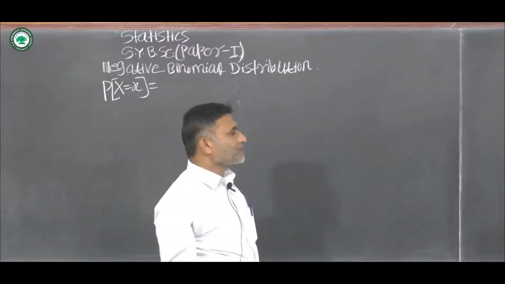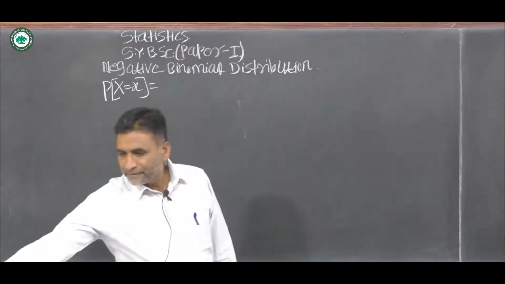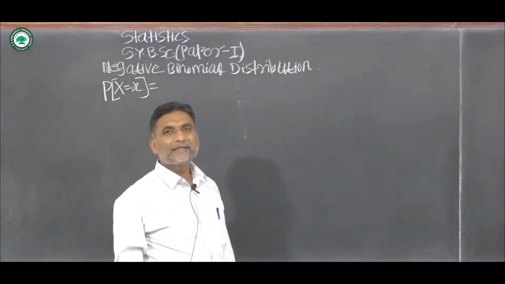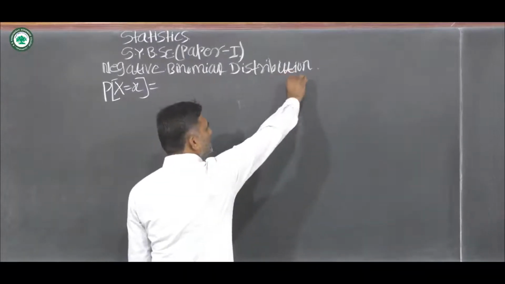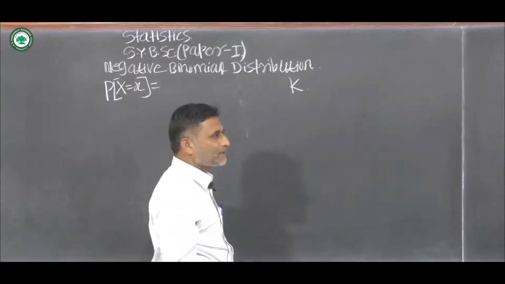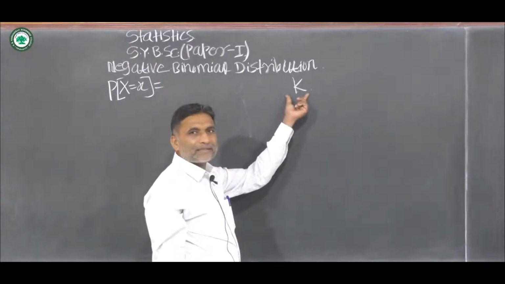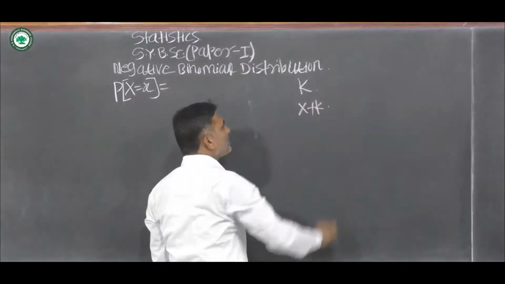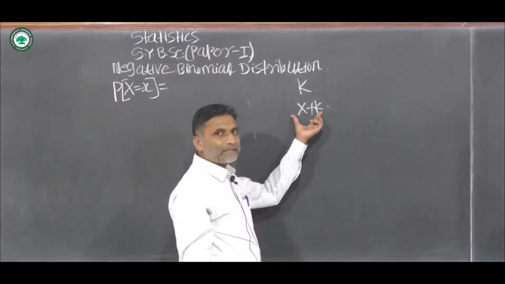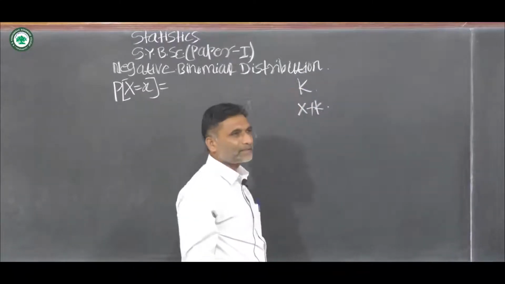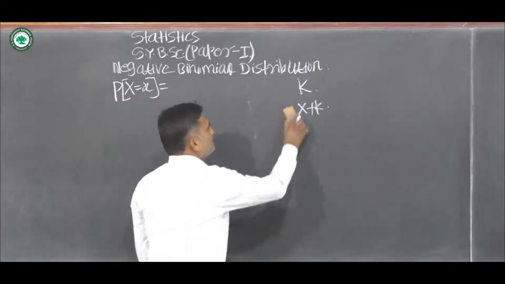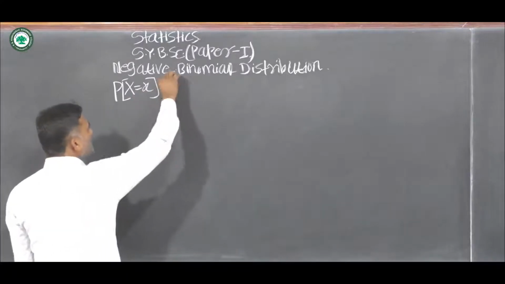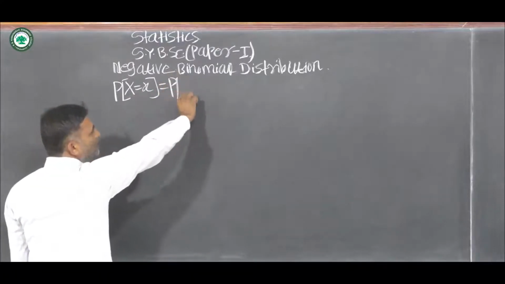In negative binomial distribution, we find the probability of the number of failures before getting the kth success. Here k is the number of successes. To get the kth success, we require x plus k trials. Then the probability mass function of random variable X is equal to